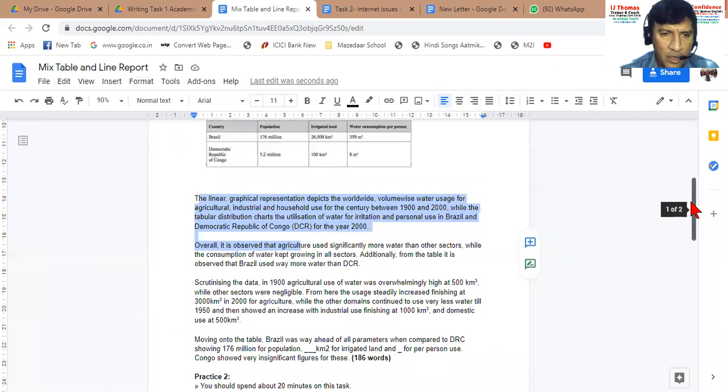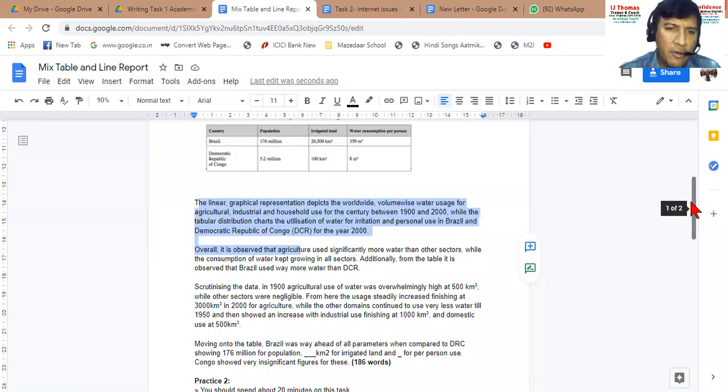We are looking at the table and Brazil. Now you say what it is. Moving on to the table, Brazil was ahead of all parameters when compared to DRC, showing 176 million for population,